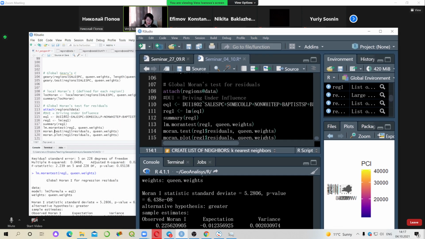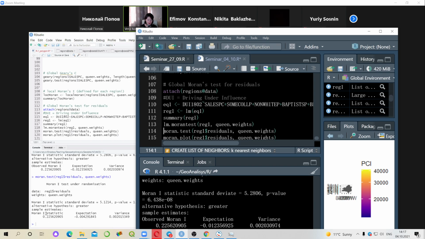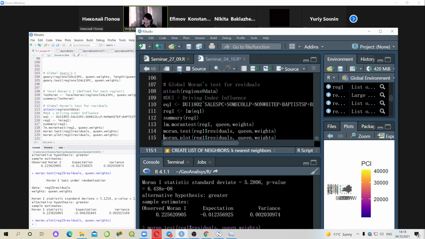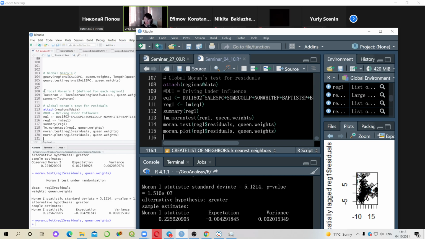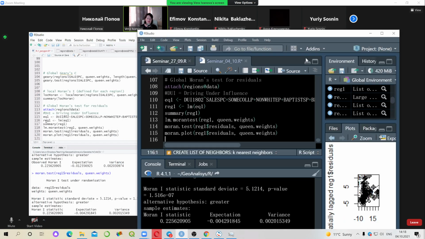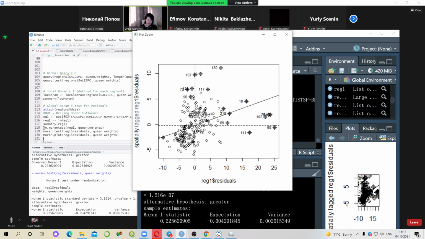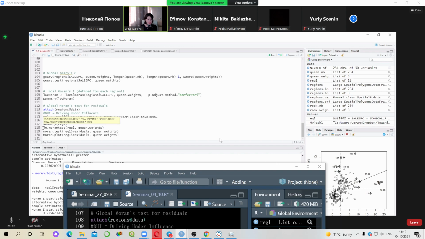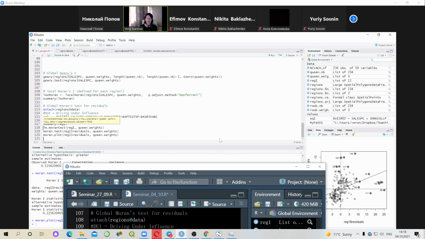Also, we can get this using this procedure, the same value, and using Moran's plot. This means that regression residuals are not independent. So possibly we may have missed something spatially dependent